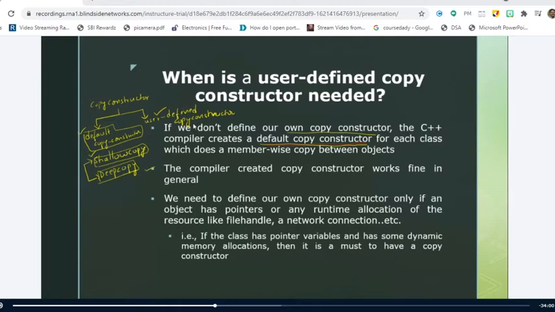That is when an object has pointers. So whenever you have a class that consists of pointers, this is very important.